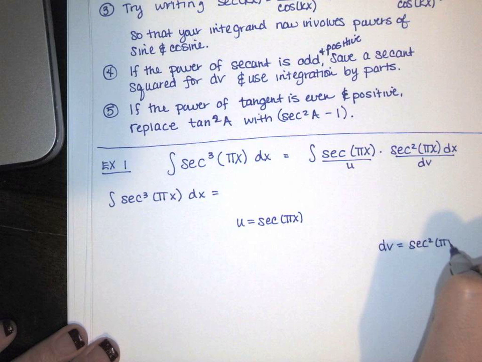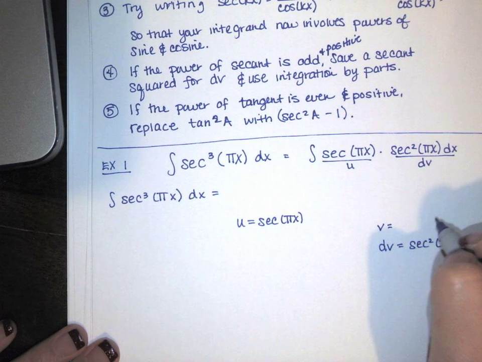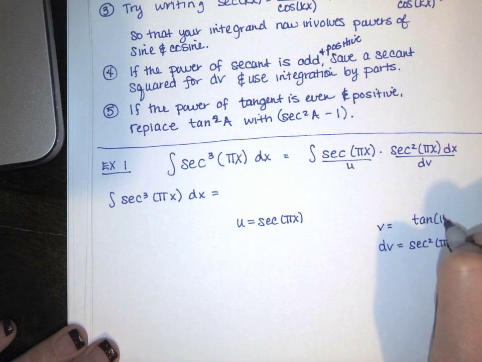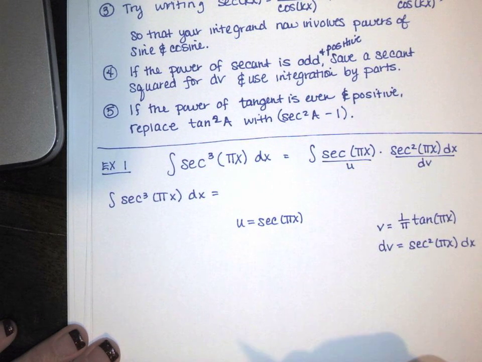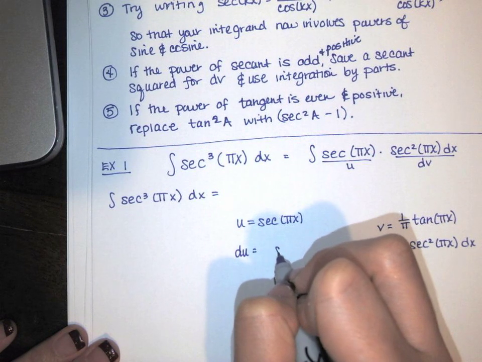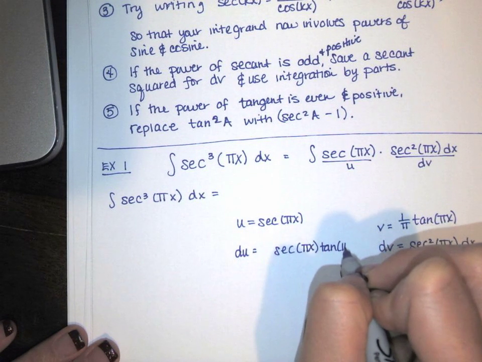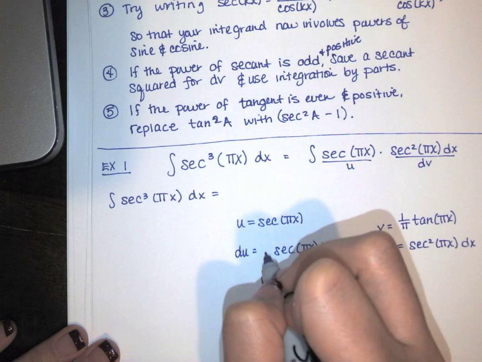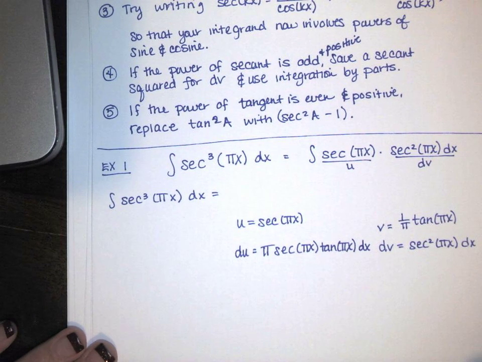And the reason we let dv be secant squared is because the antiderivative of secant squared is tangent. Keep the angle the same, don't forget to divide by k. And then the derivative of secant is something that we can do. Derivative of secant is secant of the angle times tangent of the angle times the derivative of the inside by the chain rule. Don't forget to multiply by dx. So we get,